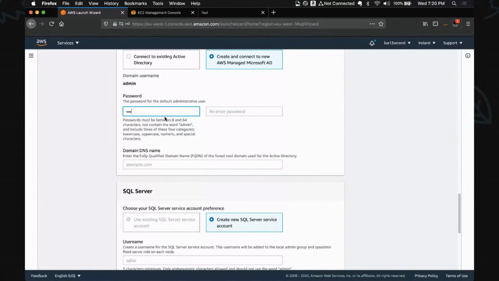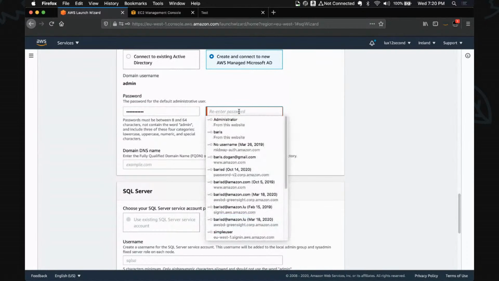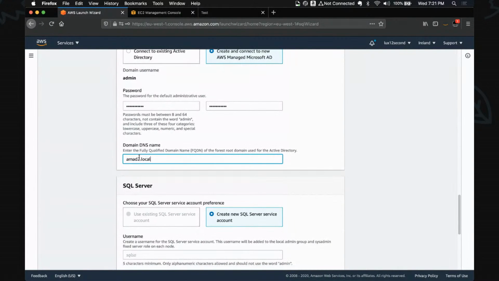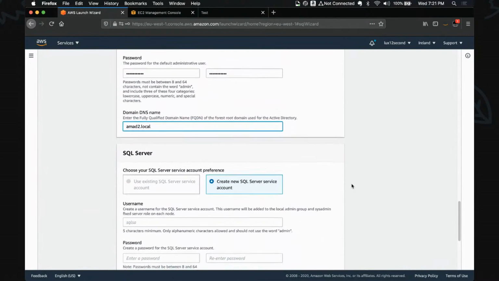So I will apply the password of my managed AD. Very complex password. And its DNS name is amad2.local. Obviously, I installed another one, so this is named amad2.local.